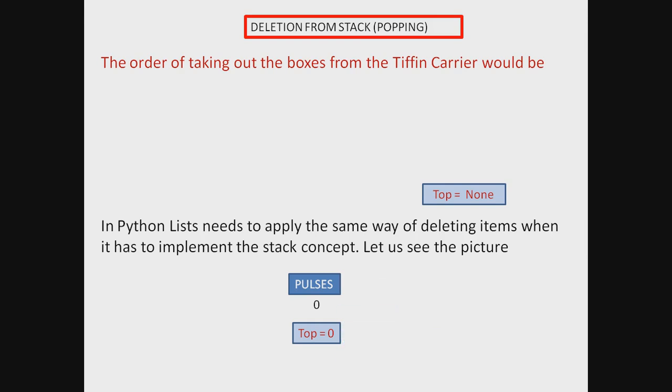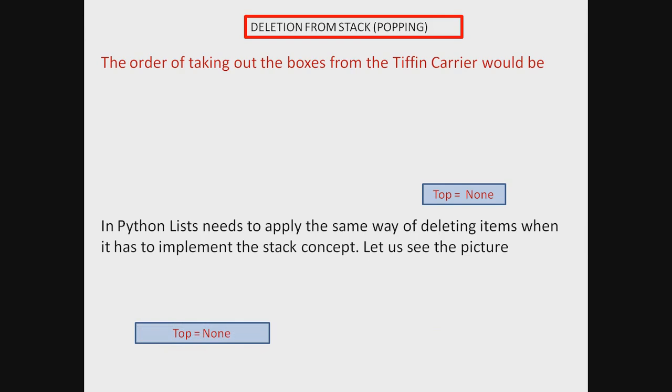Then pulses goes off and top becomes none. I think you have understood how deletion is done. Deletion is done in an order just opposite to insertion. Deletion is from the last value that was kept in the list,